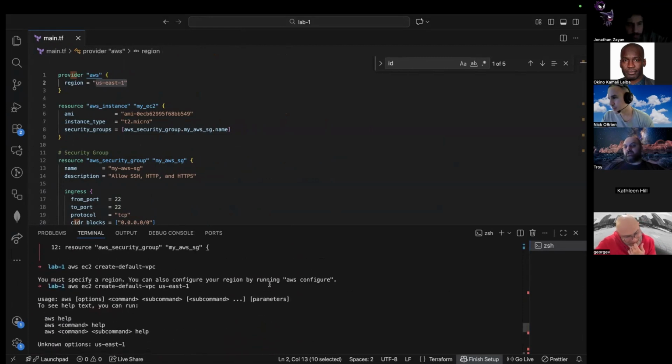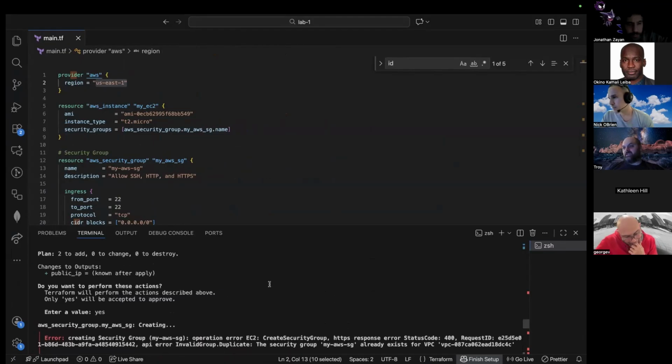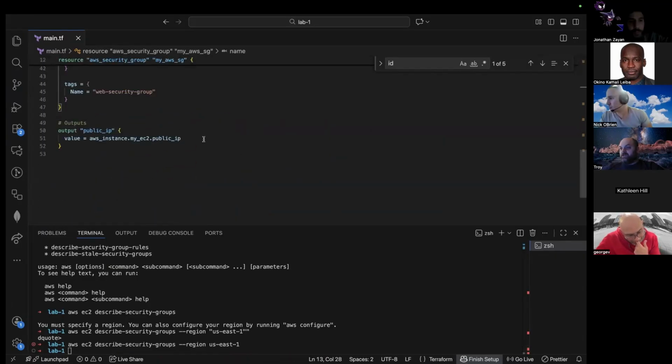You could try the generic dash-dash output table and just see what it gives you on that command. Like this? Yeah, but flag it in your command. So redo your command that you have above, the AWS EC2 describe-security-groups with region, and then just dash-dash output table.